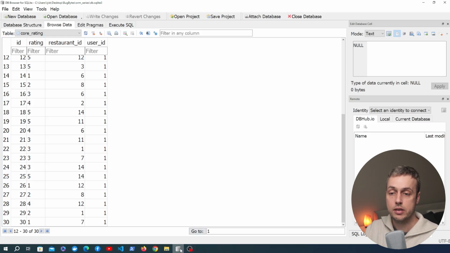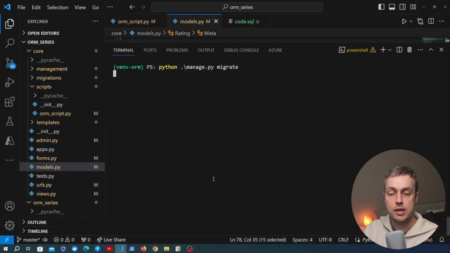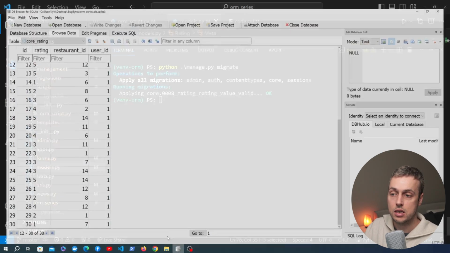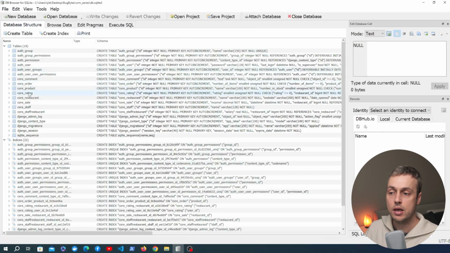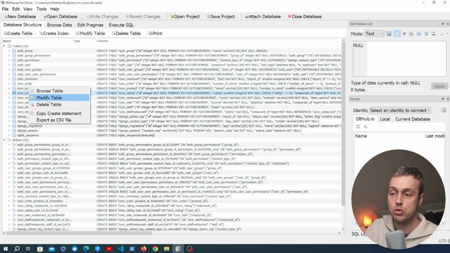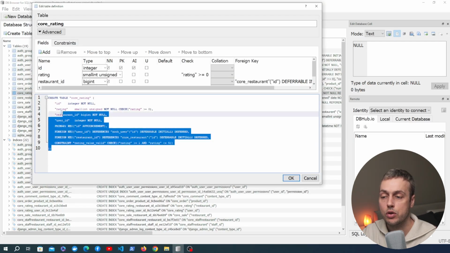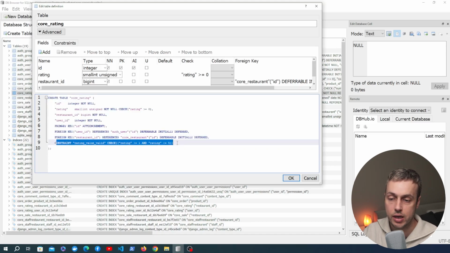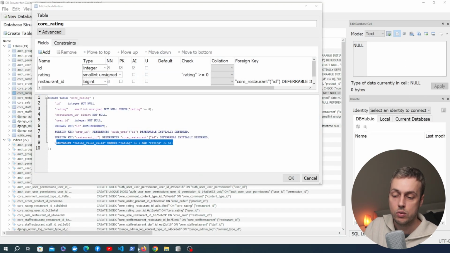So what we're going to do is go back to VS Code, and I'm going to try and run migrate again. And this time that works fine. So we've added a check constraint to the database. We can validate that by looking at the structure of our rating table. So let's go to modify table. And if you look at the SQL at the bottom here, you can see right at the bottom we have our check constraint. So that's going to enforce this check on the rating at the database level, and we can